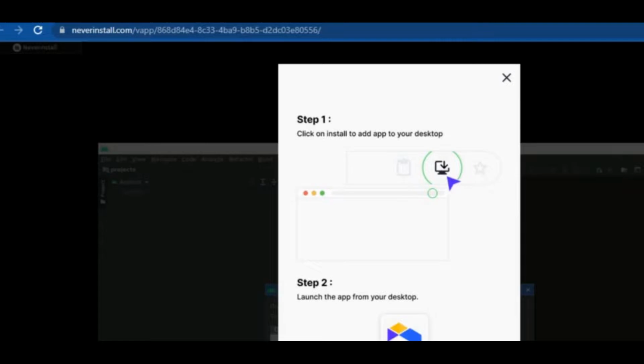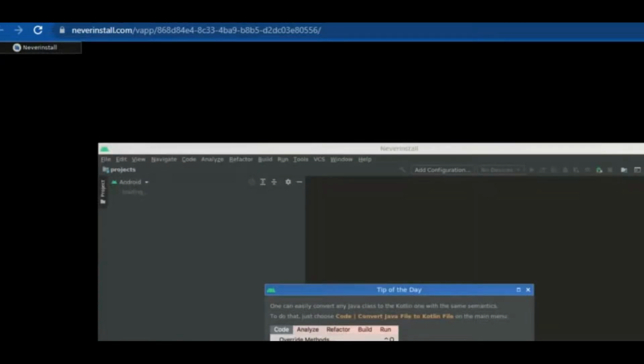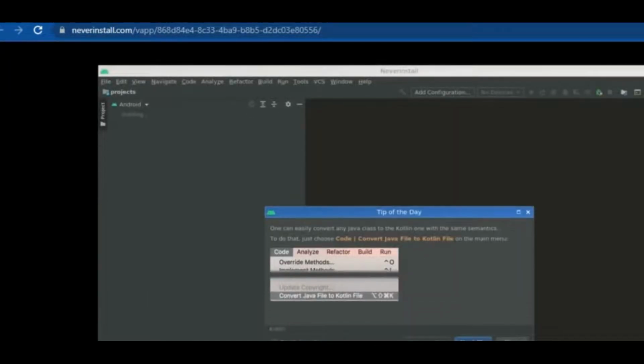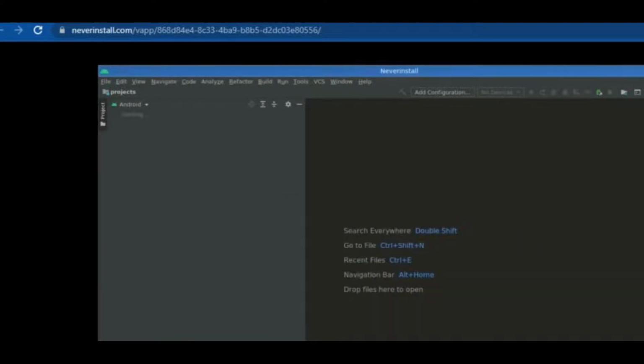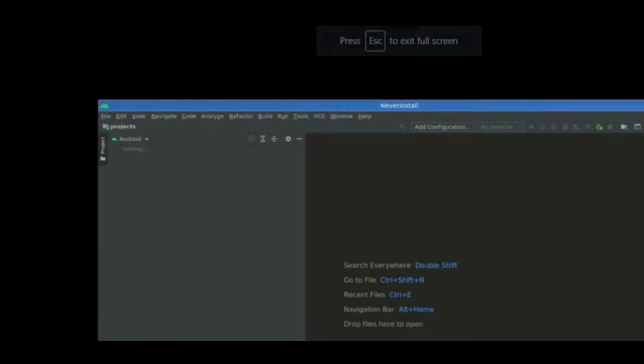So just cross it and make sure that you are using the site itself. Here is the actual page and now you can just use it. There is a close button, you can just close it. Let me go full screen. Okay, so you can see that. The only disadvantage is that this window is a bit smaller, but it is not going to hamper your project or your efficiency.